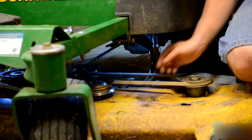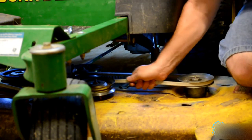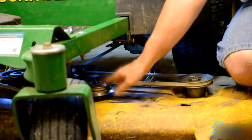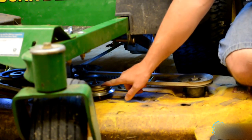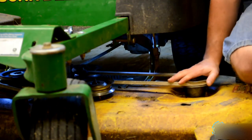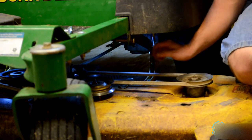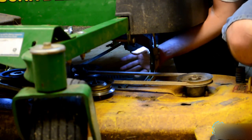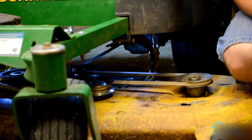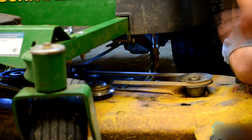Okay guys, now that the belt is installed, you just want to verify that it's not kinked up anywhere. You want to make sure all the idler pulleys rotate freely without any movement up and down, that your blade pulleys are good, and then your idler pulley that has the spring attached to it. And of course you want to make sure it's on the drive pulley underneath the mower engine. Once that's done,